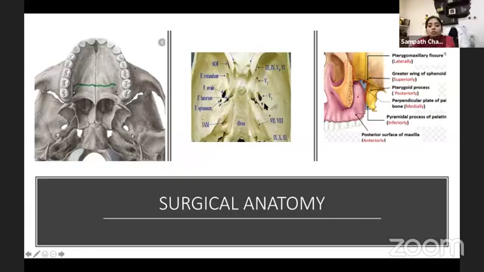So these are the foramina. This is foramen lacerum, this is foramen ovale, this is foramen rotundum. Through foramen ovale passes the mandibular nerve, and through foramen rotundum the maxillary nerve. And anteriorly is the superior orbital fissure, which has the third, fourth, fifth and sixth nerves. But we have control here in this region, the pterygoid process region.